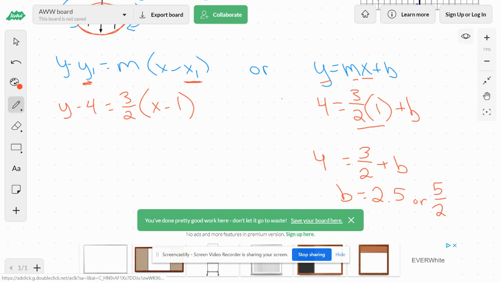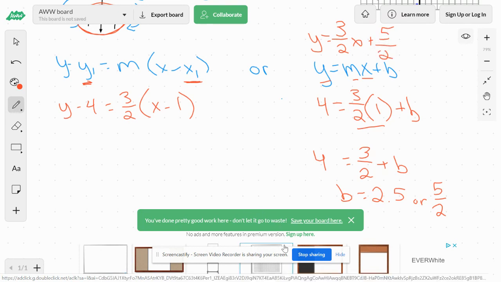And then, since I now know my slope and my y-intercept, I could write the equation. y equals 3/2x plus 5/2. And that would be a good answer for